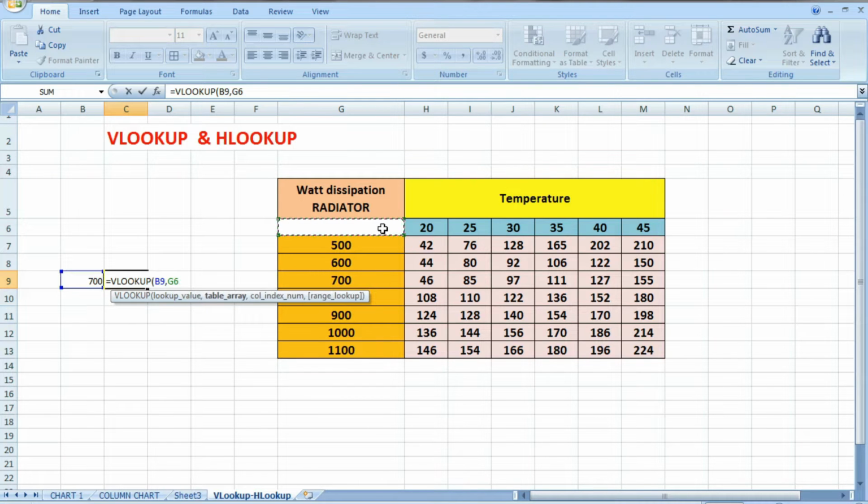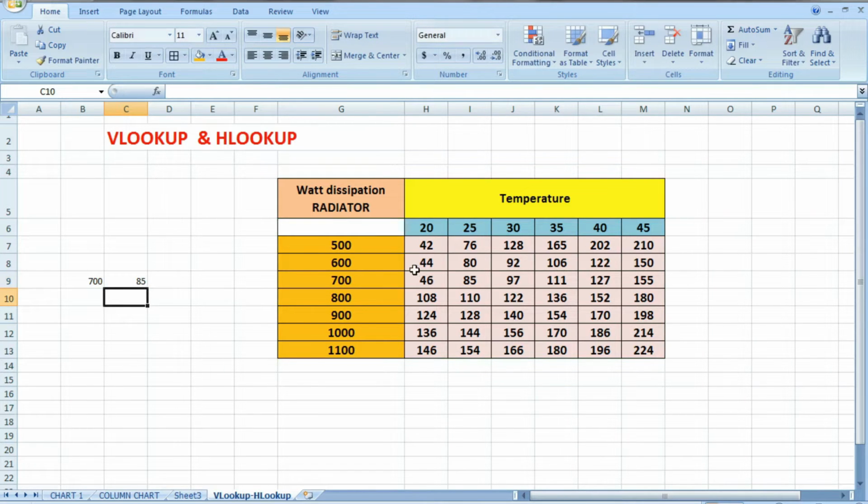This is the table, so select the table. And against which temperature? Suppose say 25-degree temperature. So it is 1, 2 and 3, third column. It is the third column, close and enter. So see, we have got the value of 700 at the 25-degree temperature.